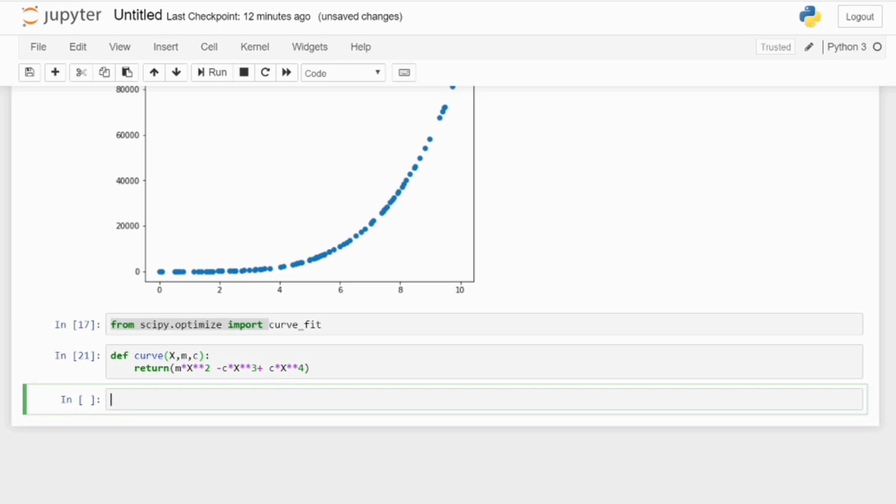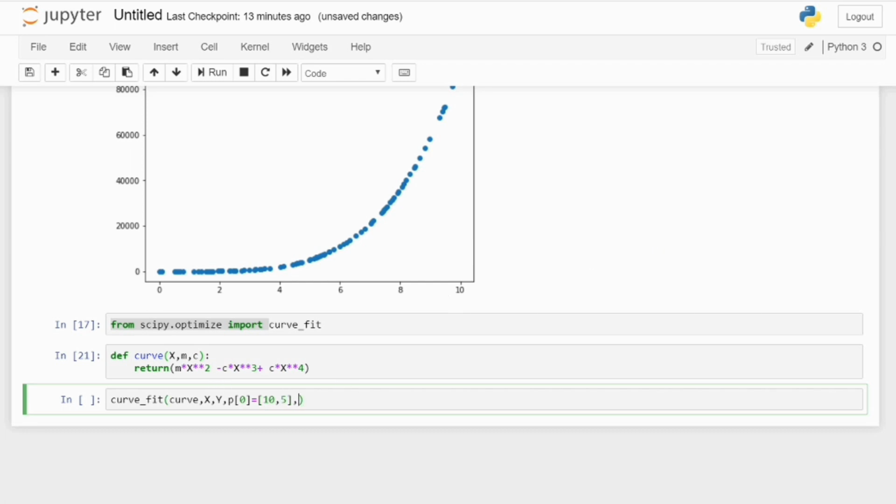Now let's apply the gradient descent with the help of curve fit. For fitting a curve, you first have to provide the function name on which you want to fit the curve. Then you need to provide the x values, then the y values. After that, you need to provide the initial guesses for your m and c. These are the initial guesses from which your equation will start converging. I've given 10 comma 5 for the initial guesses of c and m.